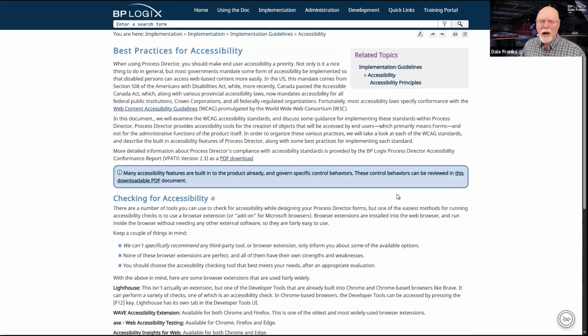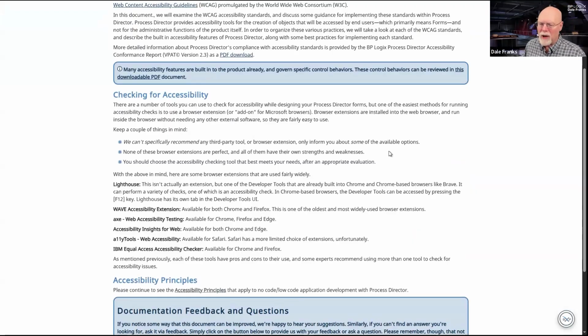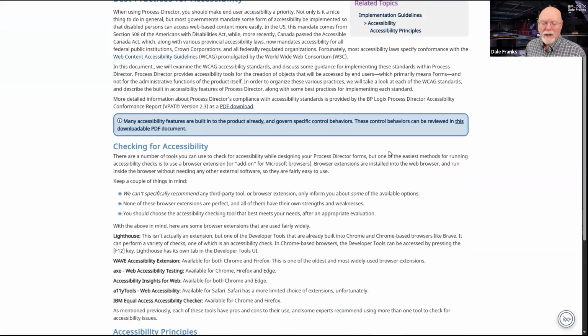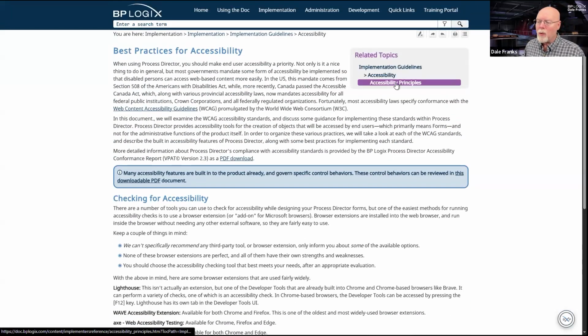So this is going to change over the next week or so. It's fairly comprehensive now, but we have a training course on accessibility and responsiveness, and I have some information in that course that I want to transfer over into the documentation. So this documentation is going to be a little more comprehensive over the next week or so. However, it does have all of the accessibility principles that we follow.